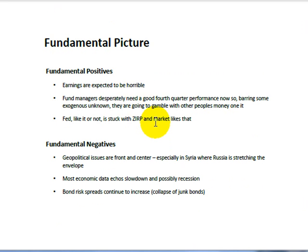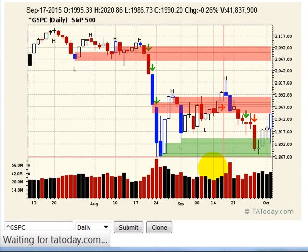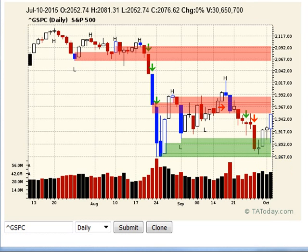Fundamentally, earnings are expected to be horrible. We may see them just run this up into the earnings, then sell the news. If we get a B point in between, so if I come back to the S&P, for example, on a short-term time frame, I could envision, and I talk about this a little bit later, some sort